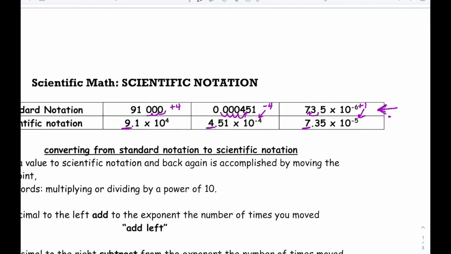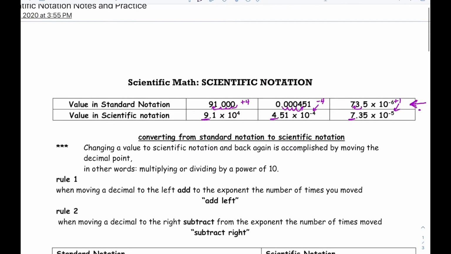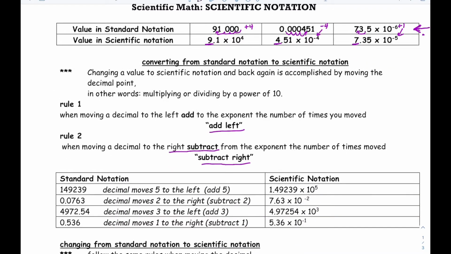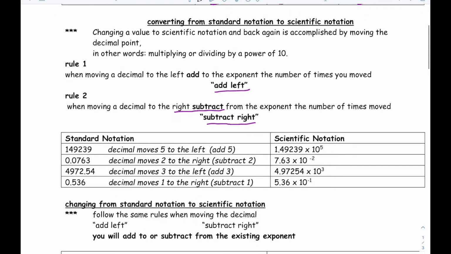Okay, so to recap, just remember, when you move the decimal to the left, you're going to add to the exponent or make the exponent more positive. And when you move the decimal to the right, you're going to subtract from the exponent or make it more negative. So in your notes, you have a few more examples that you can look at